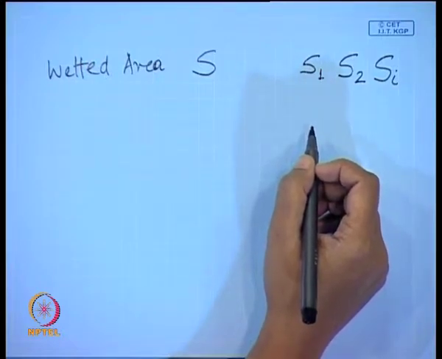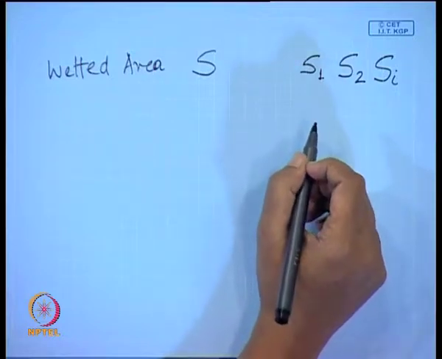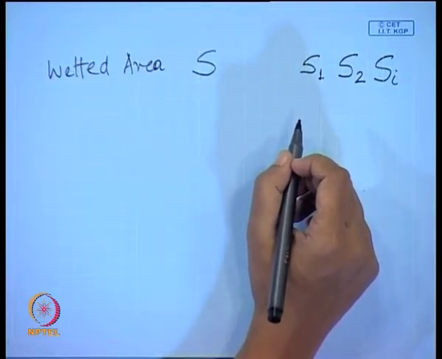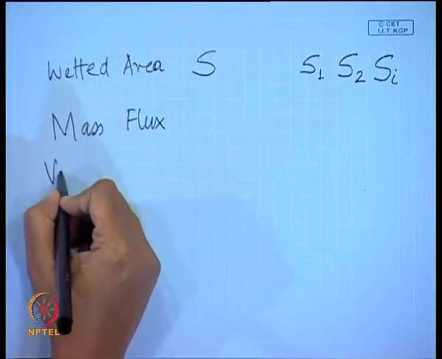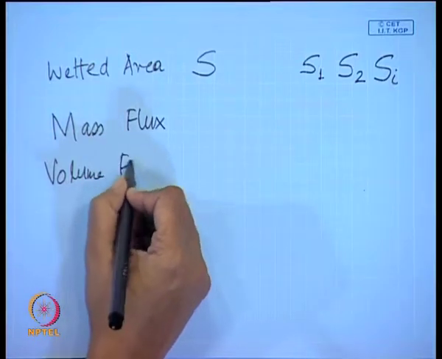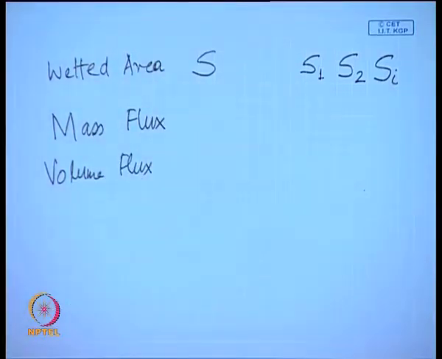Certain other things are also important which you did not use much for your single phase flows, but in this particular case we will be using them quite frequently. One of them is the mass flux, the other is going to be the volume flux. Can you tell me how do we define mass flux? How do we define any flux for that matter? Per unit area. So, mass flux means mass flow rate per unit area, the total amount of mass which is flowing per unit time per unit area.